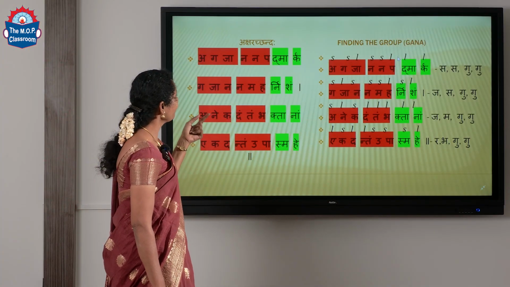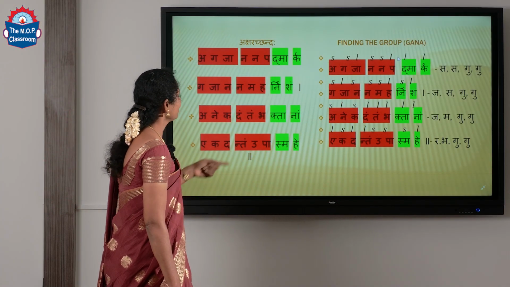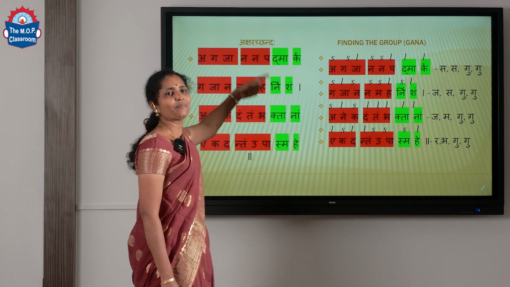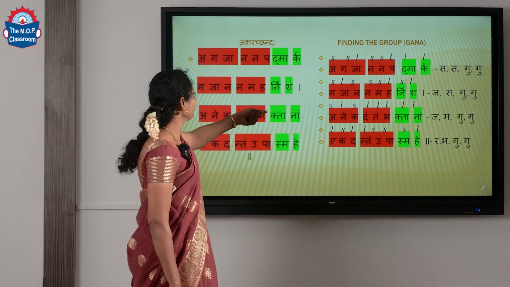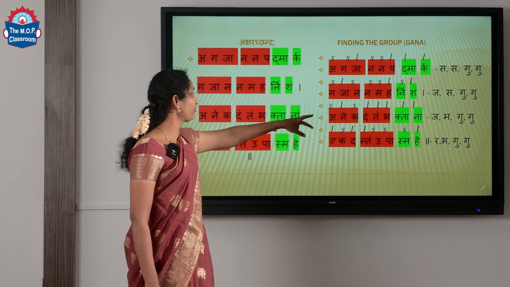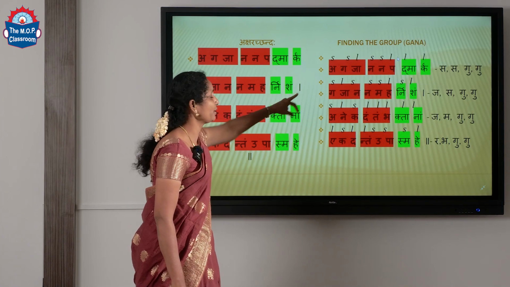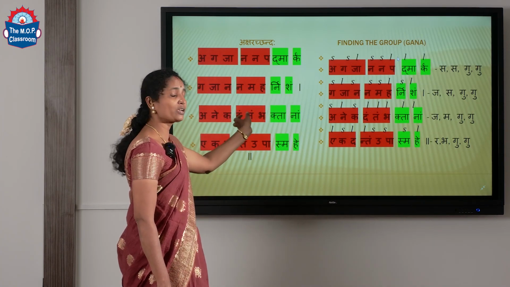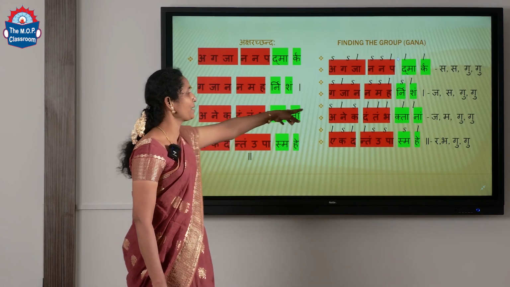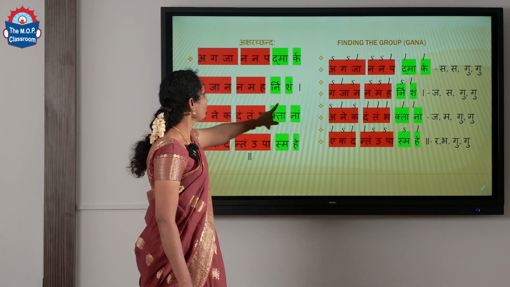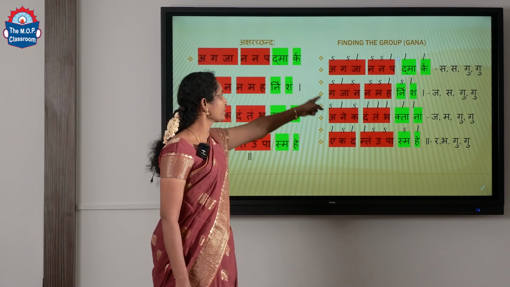And here, if you see the next, it is not same as the first padam. In the second padam, it is different, the grouping is different. It is short, long and short. So, if this is the combination, what is the group name? The group name is ja. Okay, and then again short, long is saganam,